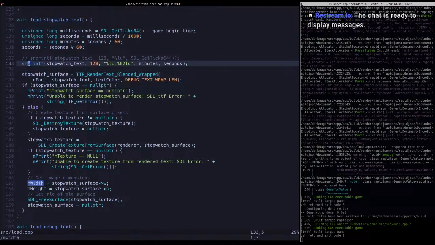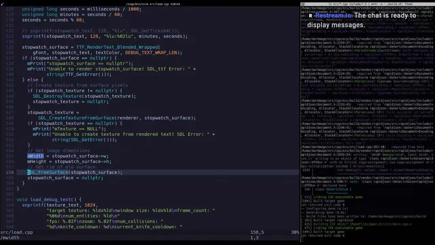So if we called this first and then we loaded, or like we updated the texture rectangle based off of that, then we'd be able to just trust that it would always properly resize itself. So, and testing this is going to take at least 10 minutes once we actually get it in. So,